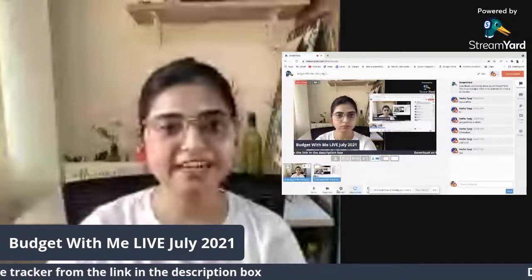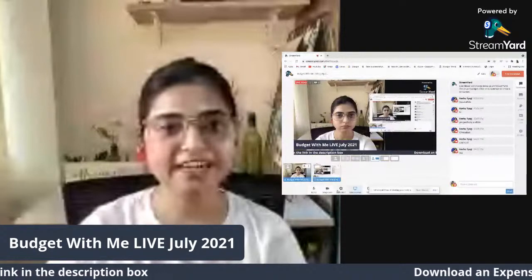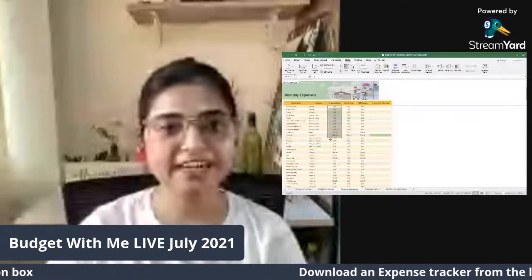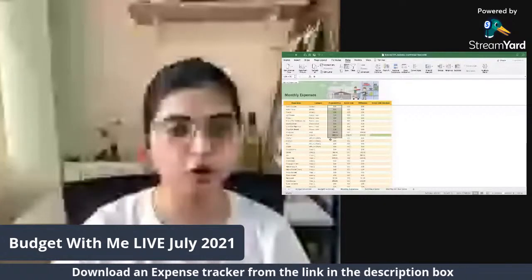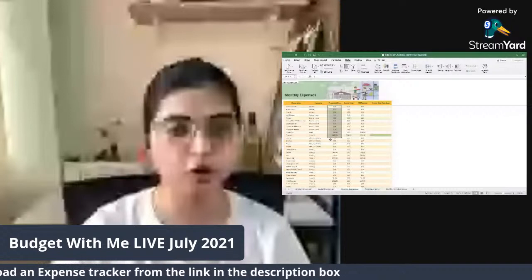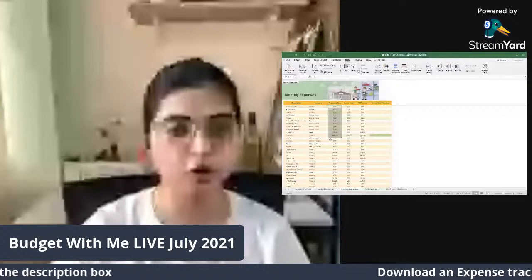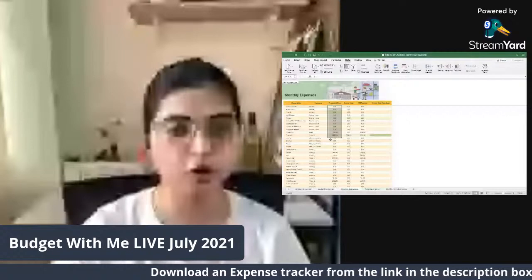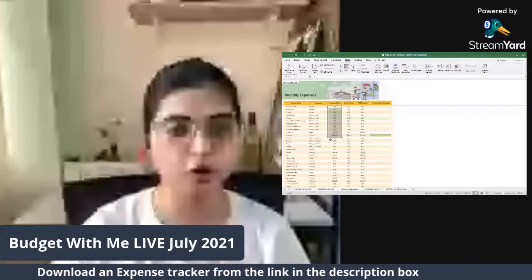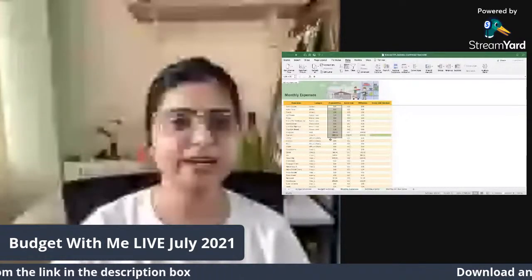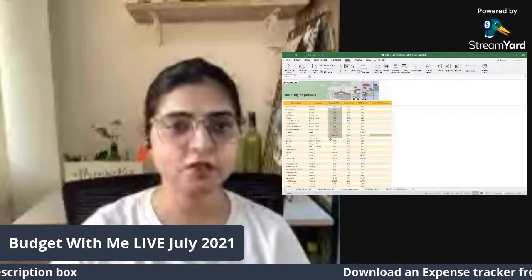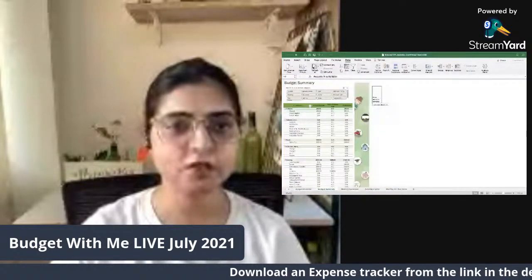Great. Going back to why you have put everything under projected and not under budget summary, because in the budget summary you see items separately under one particular category. Suppose you have a school subject category, under housing category, under children category. When you go to budget summary every month, if you're working on a Mac, you need to go to data and just click refresh all, and it will refresh the data.